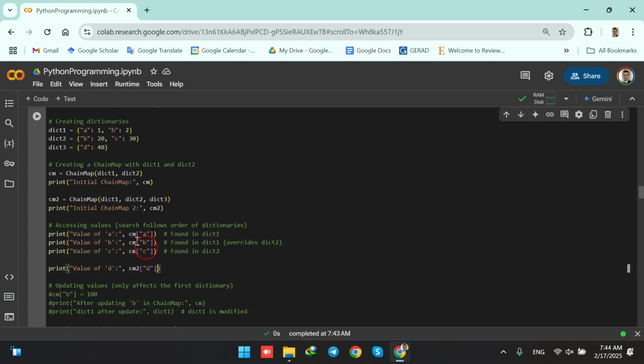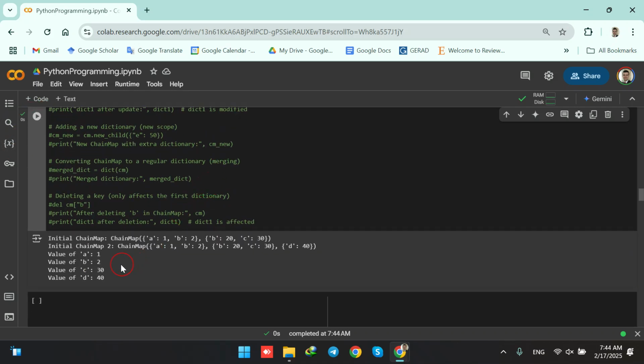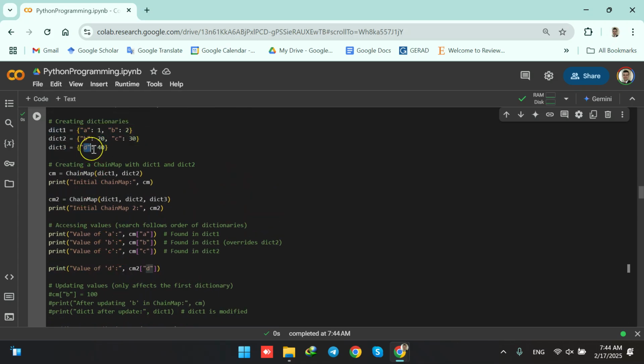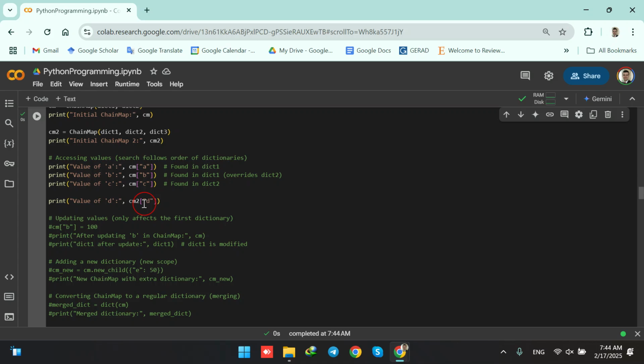So it is going to print the value associated with the key D from the CM2 chain map. If you remember, we created CM2 from all three dictionaries: dictionary 1, dictionary 2, and dictionary 3. When I run this code, we see that the value of D is 40, which is indeed true. So this was how we could create a chain map from different dictionaries, and after that we could access the